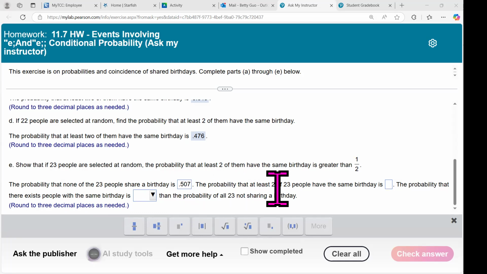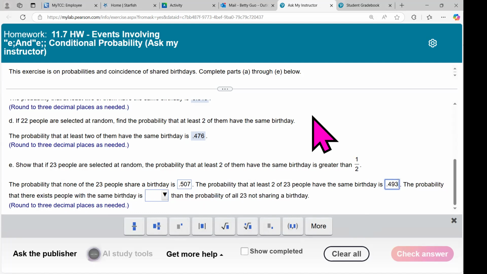The probability that at least 2 of 23 people have the same birthday is 1 minus that, which is 0.507. Let me double check the rounding. Yeah. The probability that there exists people with the same birthday is